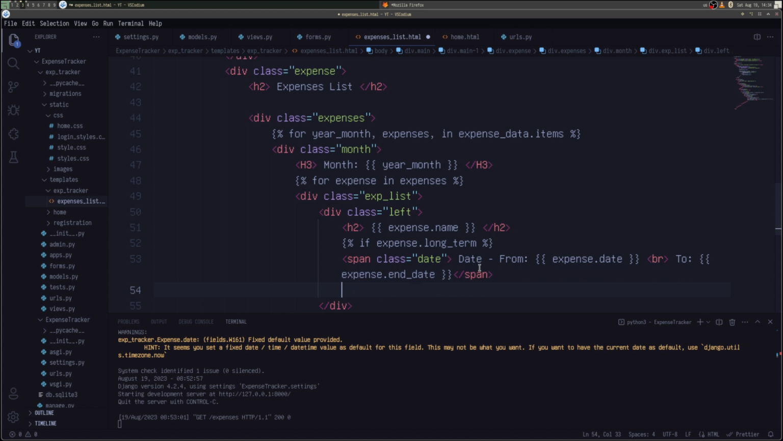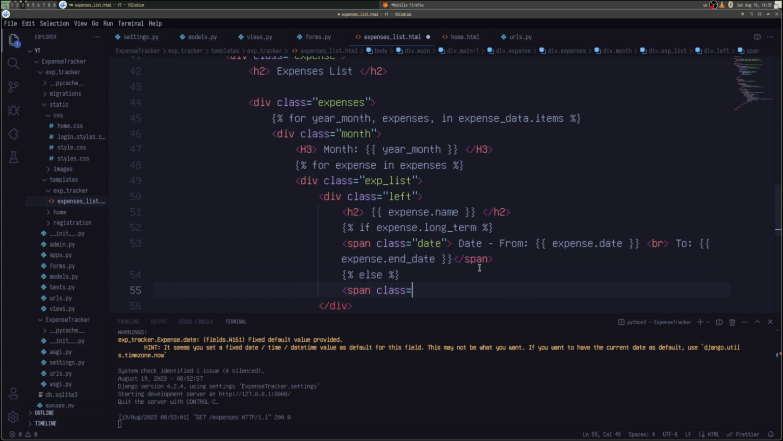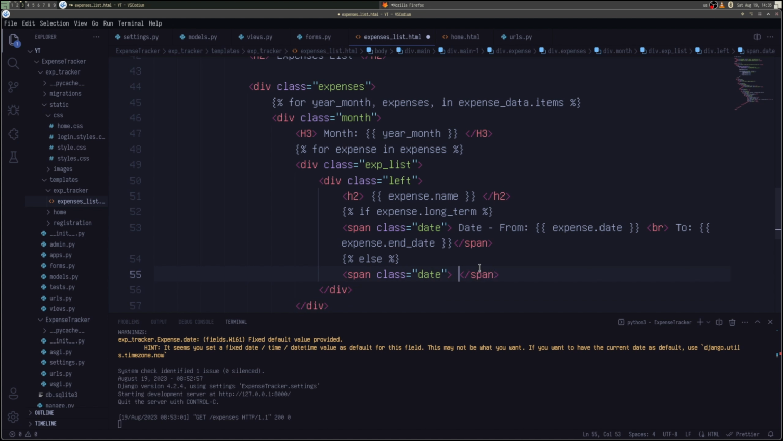Now we need an else block. This will display only a single span. The class name will be the same, date, but it will just display the current date, the date of the start of the expense, that is expense.date, like so. And then this if block will end, and